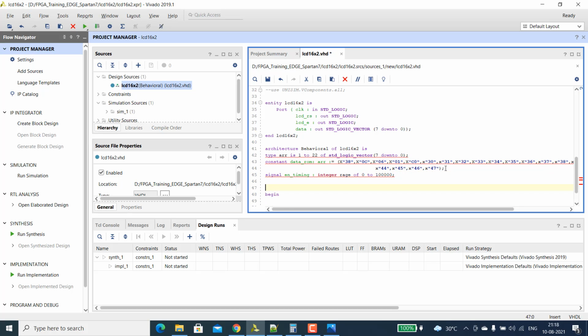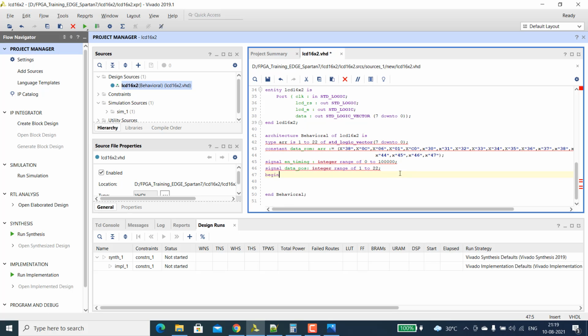So this is the range of that. For enabling, we have this signal enable timing. Then another signal we call data position, and this will be an integer in the range of 1 to 22. Okay, save it.